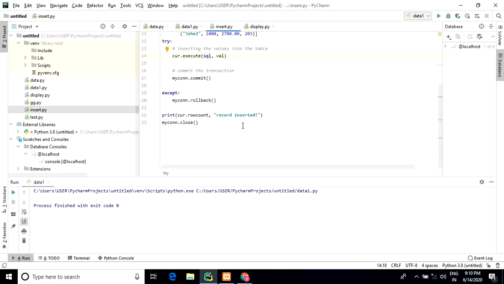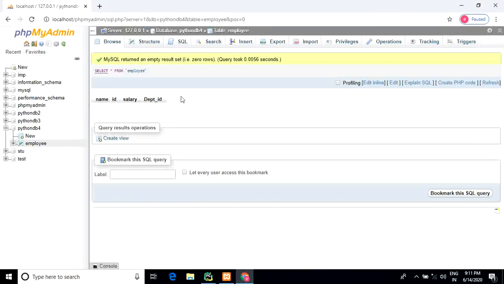Rollback, print, record inserted, row count. Here is the main important function, that is row count. How many number of rows? Whenever we insert values into MySQL, the message will be one row inserted.